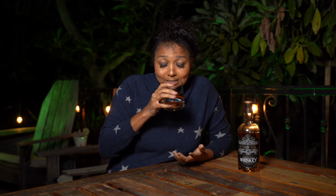Better. Let's see. Now this does taste, honestly, a little bit better than some of the other bottom shelves that we have. Superior, I don't know. It's just a step ahead of like Old Crow. But it's right in there with whiskeys like Jim Beam to me, which does cost more. So, I mean, it's okay in the bottom shelf category. If you're mixing it in cocktails, making something with it, it's really not a bad whiskey. To sit and sip,